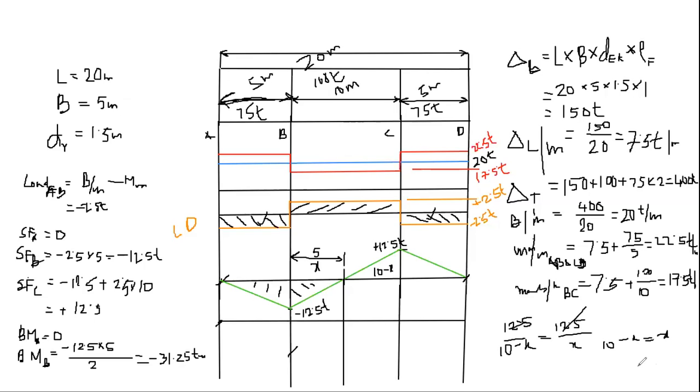So if you have any doubt, you can calculate this way, and in certain numericals you'll have to calculate. You'll have to find out, it might not be at the midship. So you need to find out where it is. Now if we add these two, you'll get a value, this area also is same. Actually, it is 30 minus 31.25. But you need to calculate and show, it will have to be written down. I am doing it like this because it is similar, that's why I'm telling you like that. But when you are doing the numericals, you'll have to show that. It means the BM at midship.